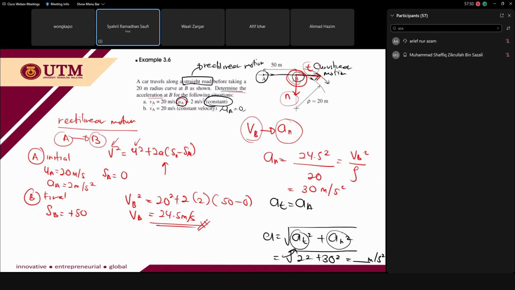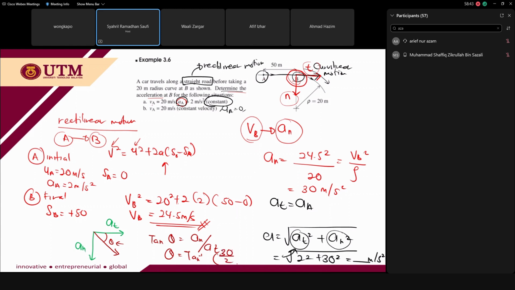So then you need to determine what would be the direction of the acceleration. Okay, so since you know that this is the axis, this is AT, this is AN, the acceleration might be somewhere here, at angle theta. So you need to determine this theta. So tangent theta is equal to AN over AT. So then you can determine what would be the theta here. Okay, tangent inverse of AN over AT is just